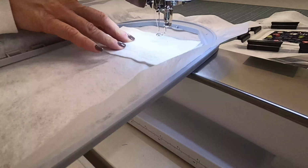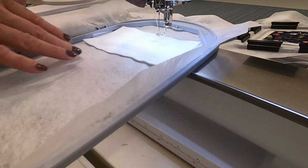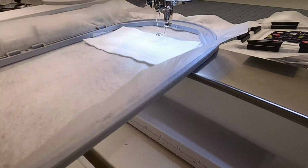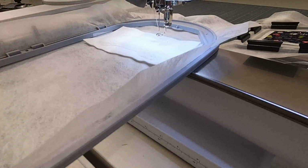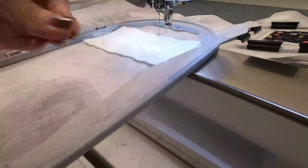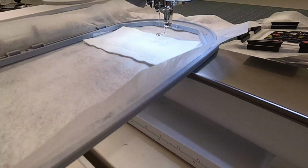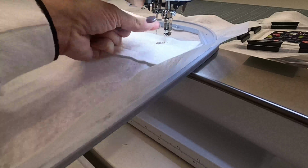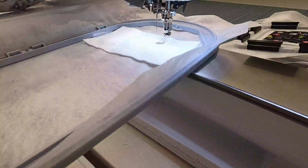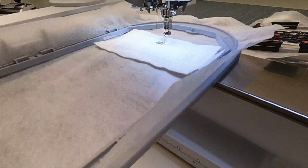The next color stop is going to stitch the placement line for our belt, the actual color of our stocking. I am going to suggest at this point that you change your thread to the thread color that you plan to tack your stocking down in. There is no decorative stitch covering the edge of this stocking, so this thread could show, so we don't want to use